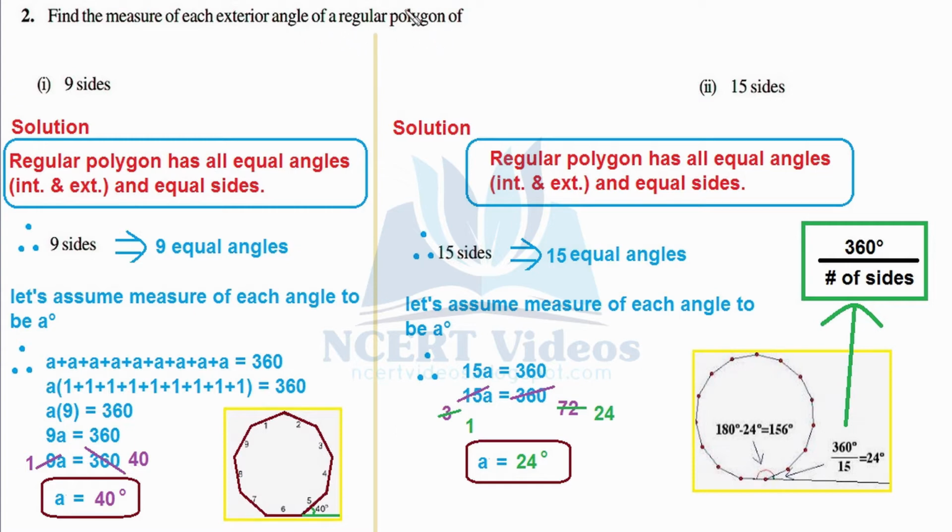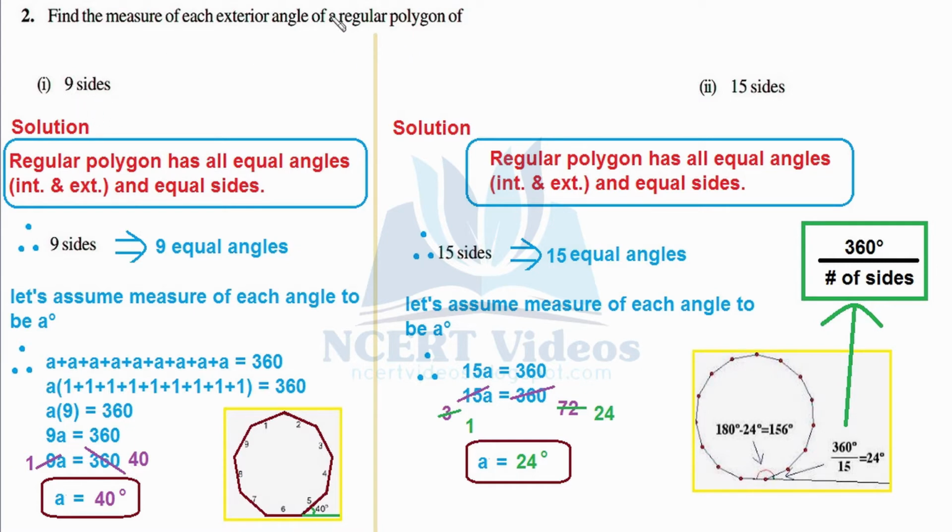The keyword over here is regular polygon. Whenever we hear this term, a thought strikes our mind: that is a polygon having all its angles equal and all the sides equal to each other. And by now we understand that the sum of all the external angles of any polygon is equal to 360 degrees. Based upon that, we shall try to solve the first part.